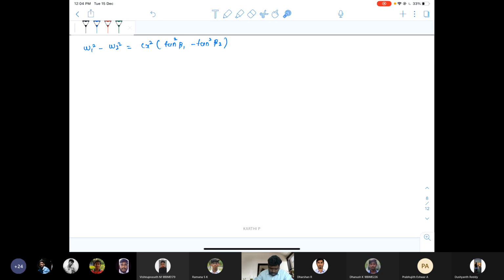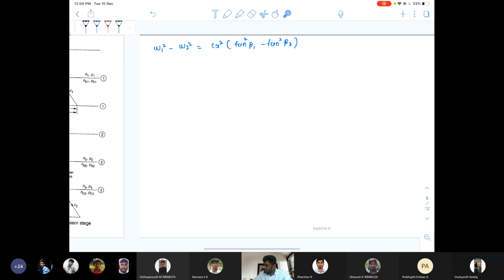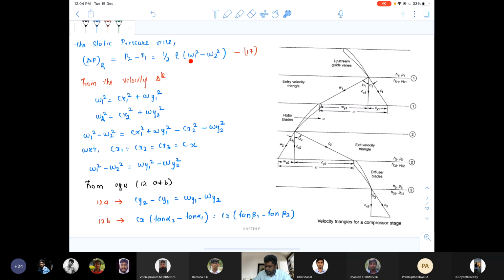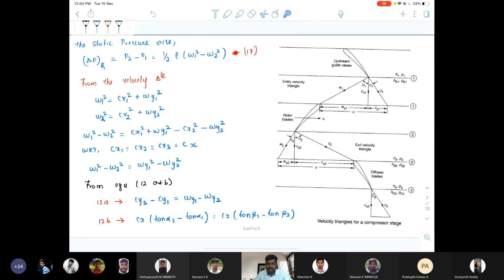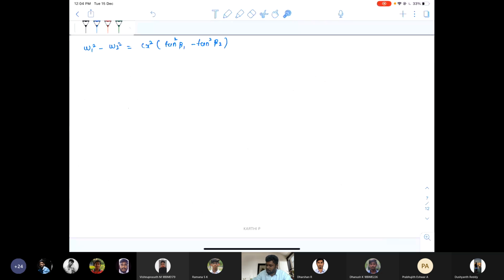When you substitute the above equation, W1 square minus W2 square, into equation number 17, you will get an equation of this form. The above equation, when substituted in equation 17, we will get